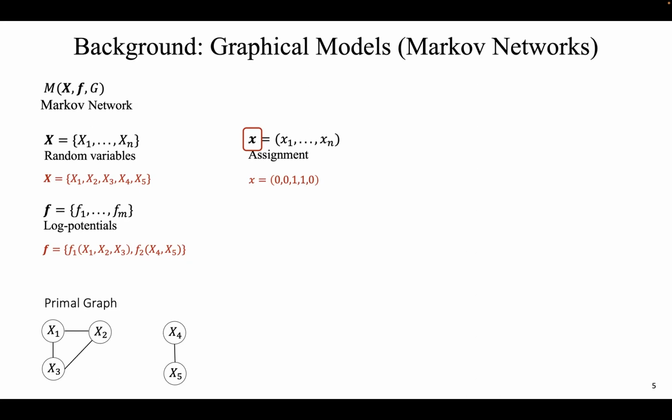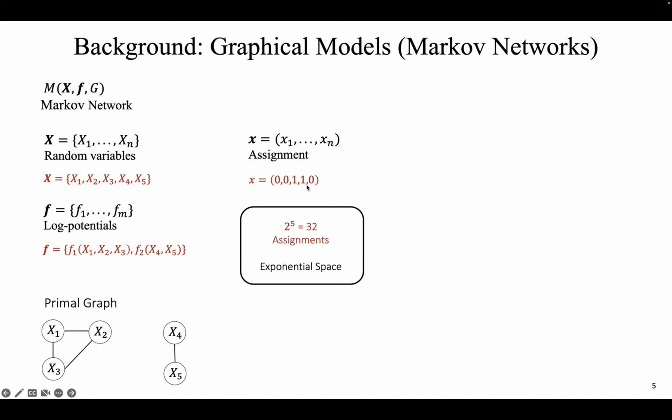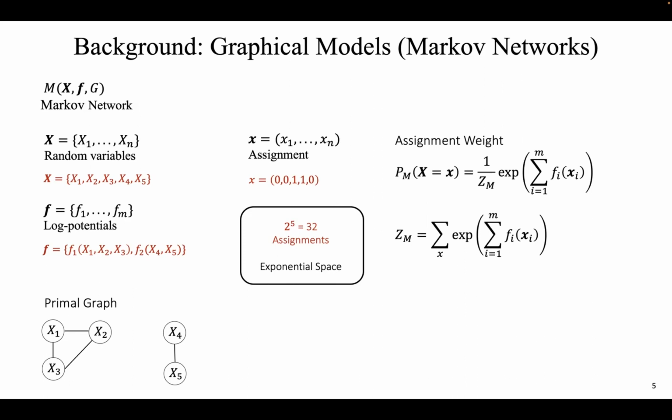So the weight of the assignment to all variables is computed as the sum of the functions. Thus for our running example, if we project the assignment onto the 2 functions, we'll recover some real numbers, and the weight of the assignment is nothing but the sum over those 2 numbers. So I'll project this assignment on the function f1 and on function f2, I'll recover 2 values and add them up, and that sum I'll call the weight of the assignment. The probability of the assignment is the exponentiated weight divided by the normalization constant, and that normalization constant is also called the partition function of the Markov network.